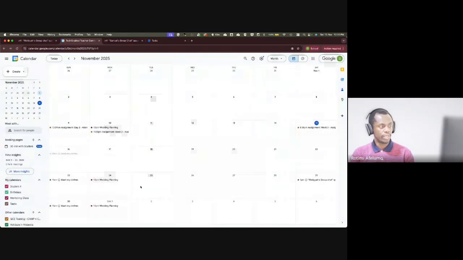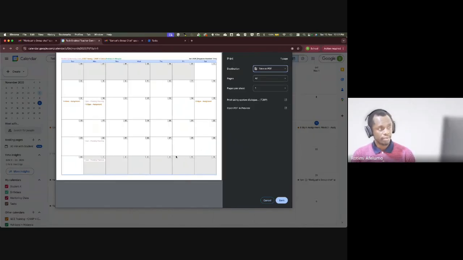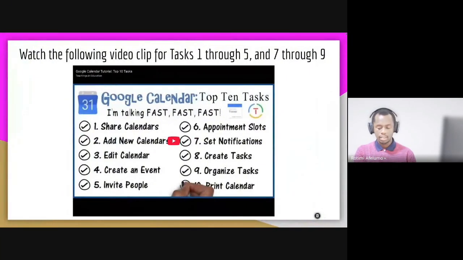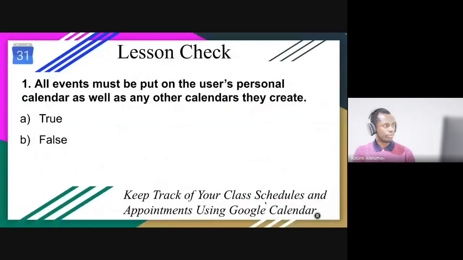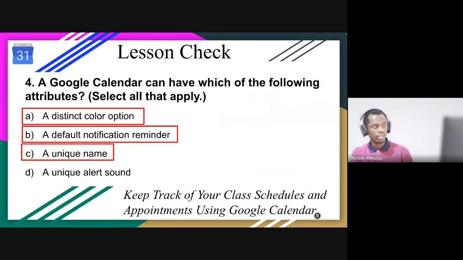So if you click on print, it would open the print dialog, and then you can change it to PDF and save it as PDF, and then you send it to. So that's a run through of calendar. I think that's calendar. We've talked about before we ask questions on